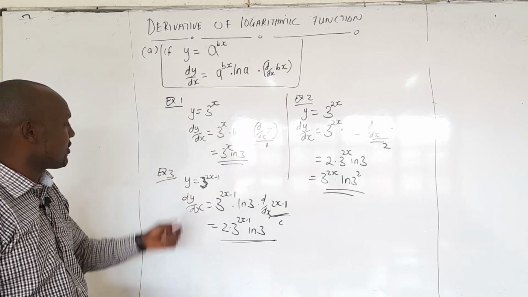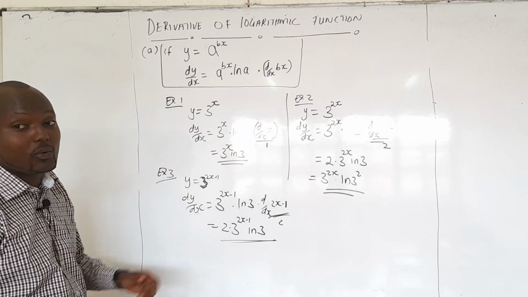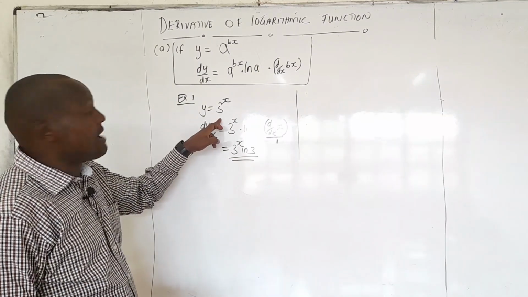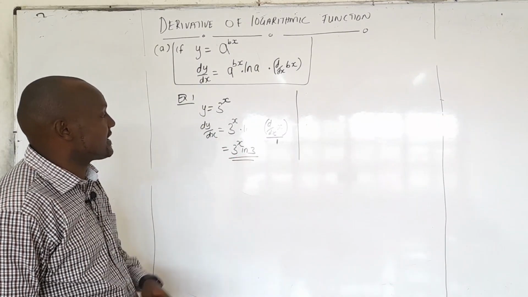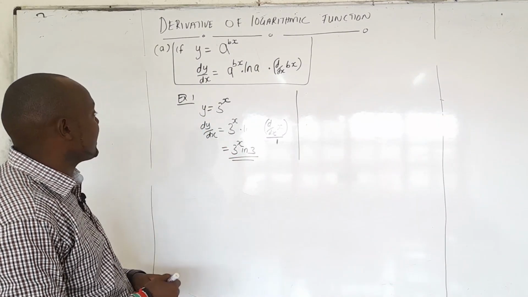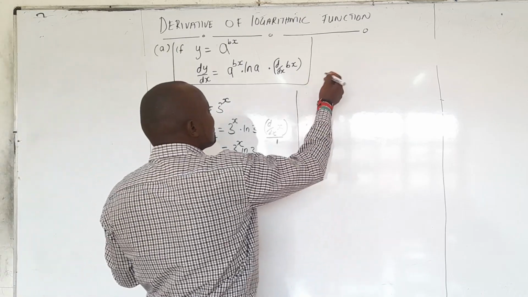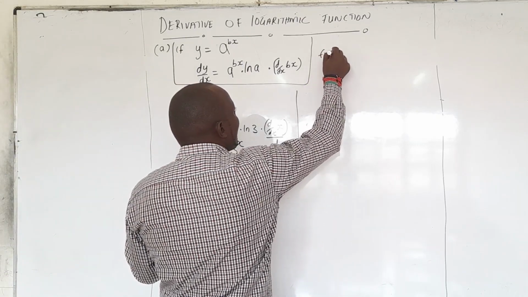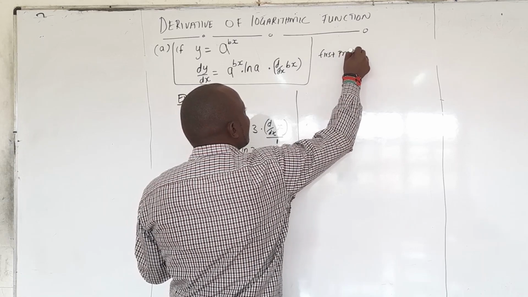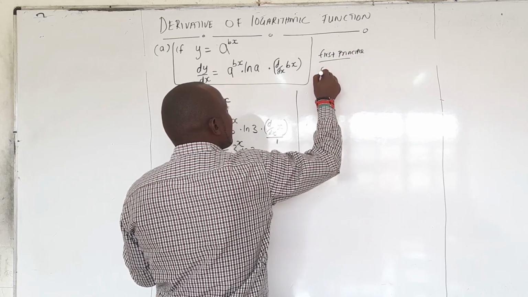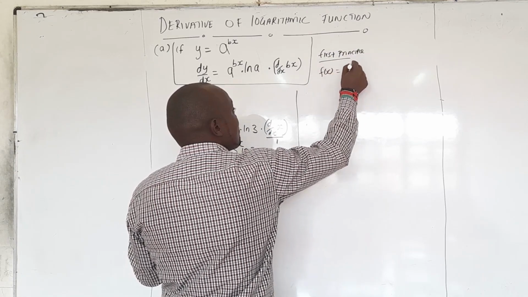Maybe I can show you here the same example 1 on how we derive to this one. Having shown you how we differentiate 3 to power x as our example 1, we have done example 2 and example 3. If you are to use the first principle rule,